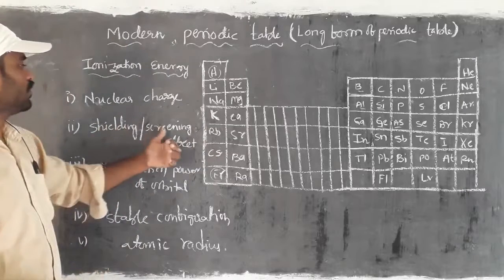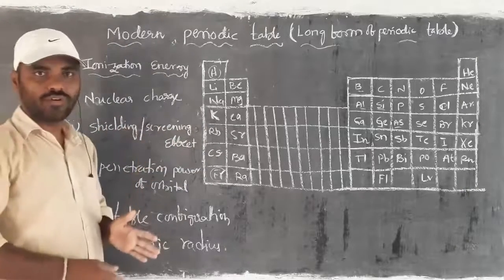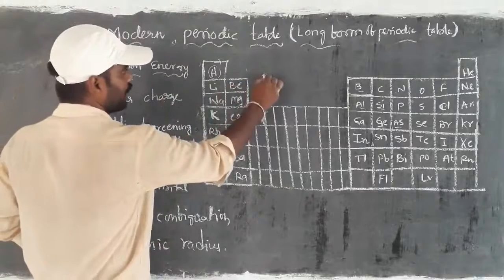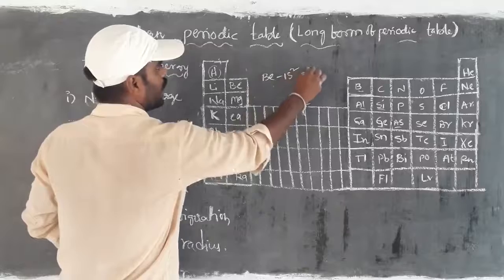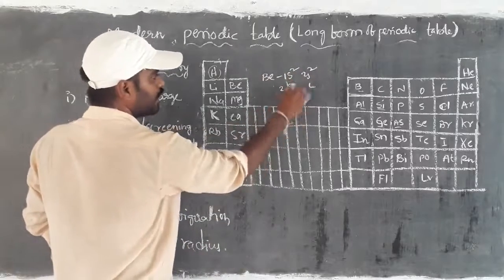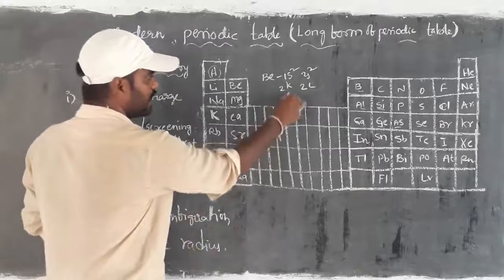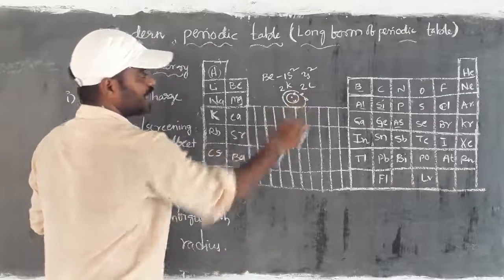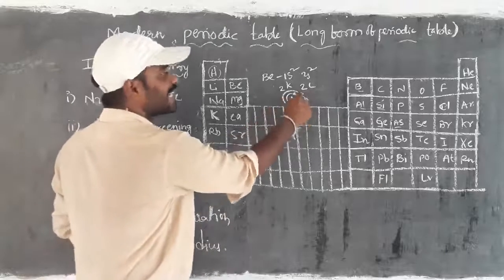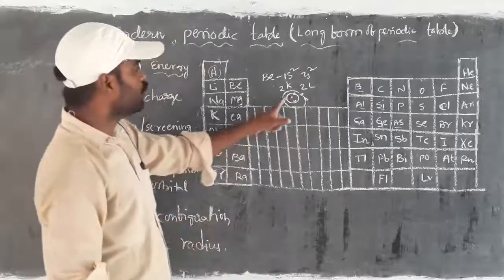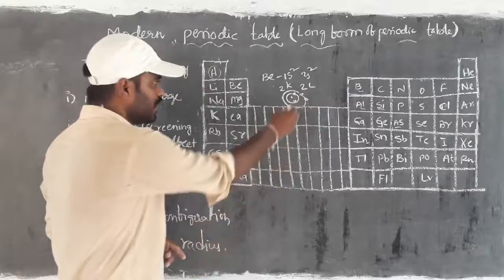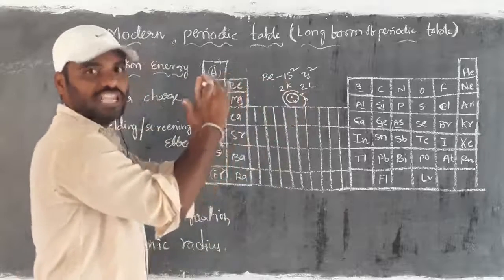Then next is the screening effect. Screening effect we call as covering. If I take beryllium as an example, we can write 1s2 and 2s2. As per 9th class, this is 2K and 2L. First electrons and second electrons: the first electrons have more attraction by the nucleus than the second electrons. The nucleus attraction is less on the second or valence electrons, because the first two electrons show shielding, means covering.